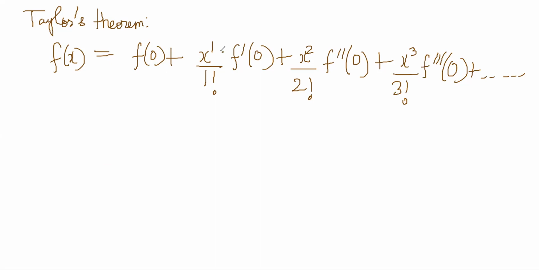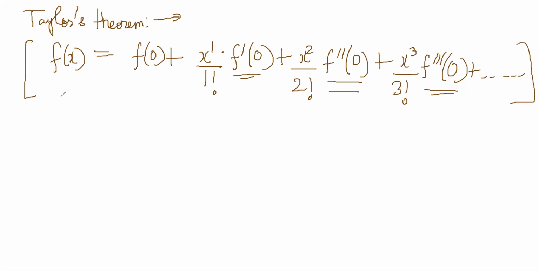Now what is this? First of all, what is f dash? f dash is derivative, right? Yeah. Yes, sir. Derivative of that function, and put the value 0 in the derivative. Okay. Yeah. This is double derivative and then put the value 0 in it. Okay. This is triple derivative, put the value 0 in it. Okay. So again, this can be proved by slightly advanced calculus. Right now you don't need to know the proof, you just need to know the Taylor theorem says this.